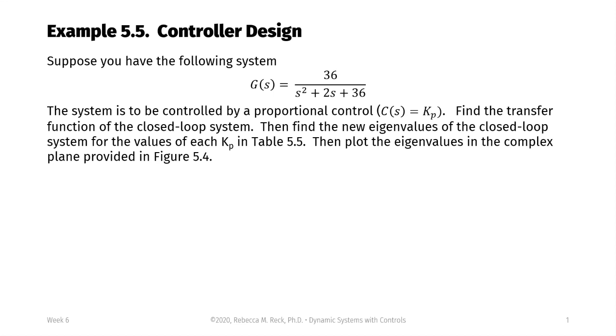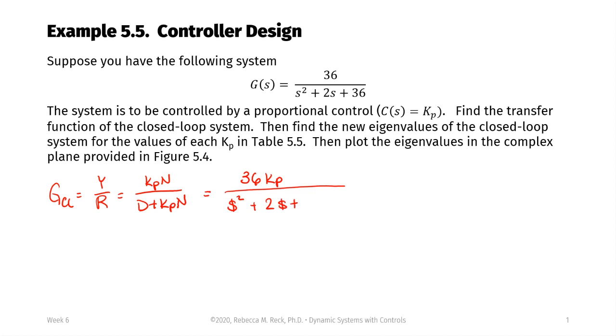Our GCL, as we've seen in the previous slides, is y over r, and as we figured out in the previous video, this equals Kp times n over d plus Kp times n. We know our numerator is 36, and our denominator is s squared plus 2s plus 36. So if we plug that into our equation, we get 36 times Kp over s squared plus 2s plus 1 plus Kp times 36. If we simplify it a little bit,